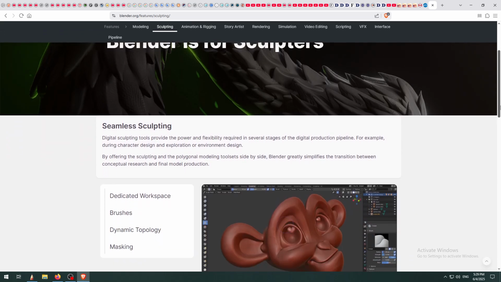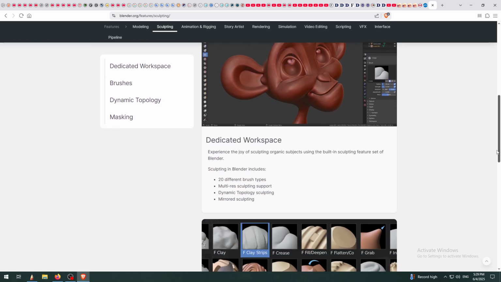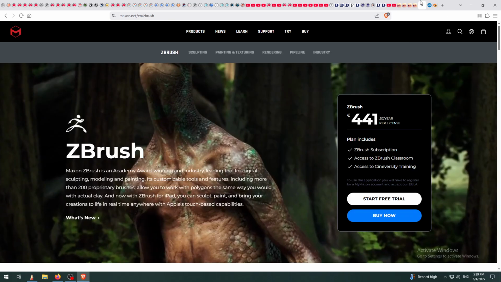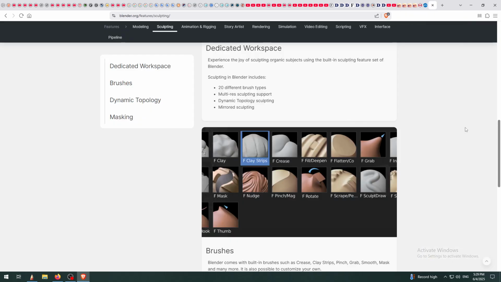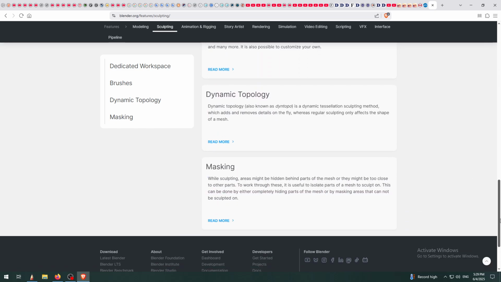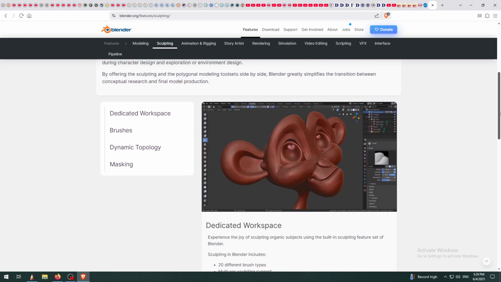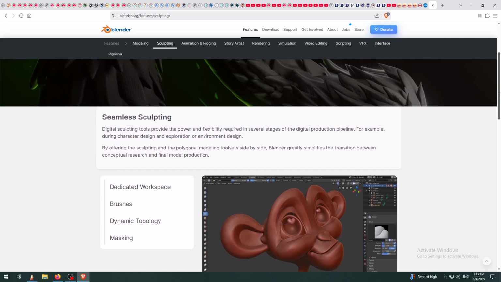You can sculpt in Blender, and I haven't used that either, but I have seen people creating stuff which looks the same as in ZBrush or 3D Coat or any other sculpting application. So it's possible, but how hard is it, or how annoying and painful is it? That's another story, but this is completely free. So even compared to Nomad Sculpt and so on, if you have to go for free, I guess Blender is